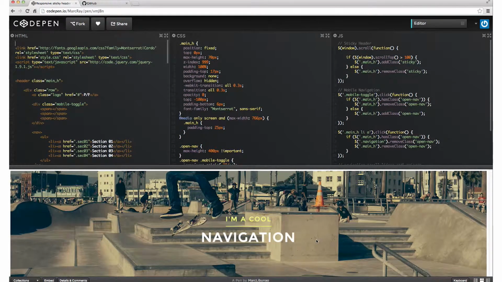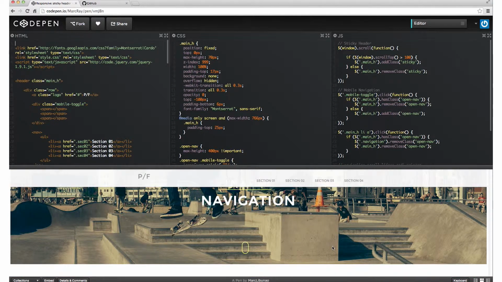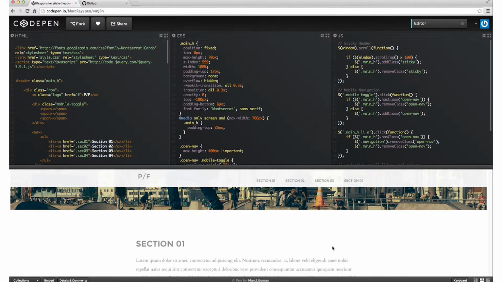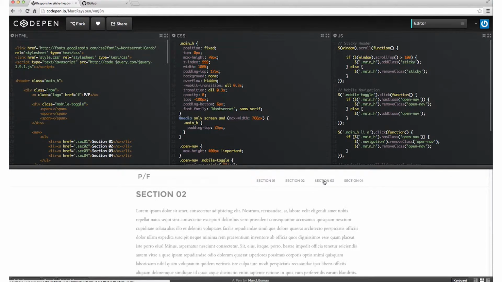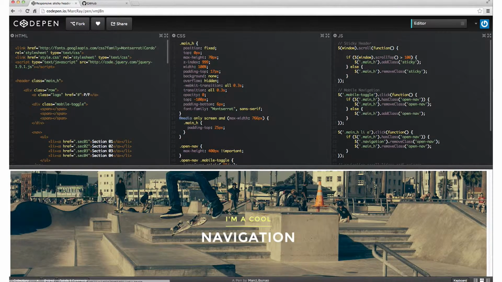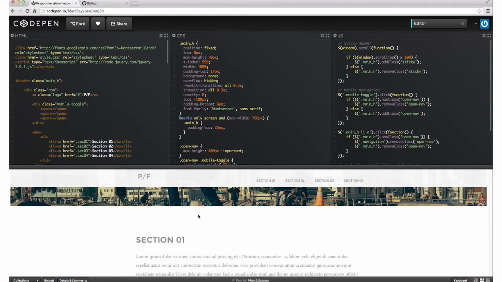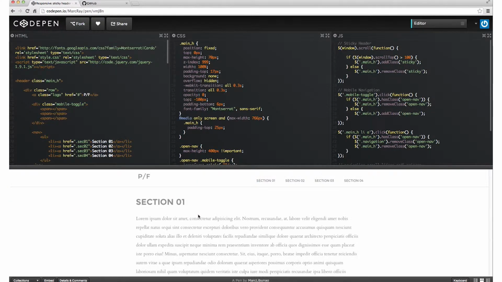Okay, so let's take a look at what this pen is actually doing. So I have this cool navigation, and I'm going to use my scroll wheel on my mouse to just scroll down. And after I get to a certain point, the navigation bar suddenly magically shows up. Now, if I want to go into here and click through the sections, I can click on each one of these and move through sections. It's a nice scrolling style site. If I click on PF, I can get all the way back up to the top, and once I hit the top of the page, the navigation disappears. So very, very modern, very functional way of navigating around websites.